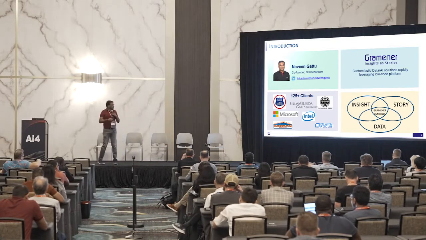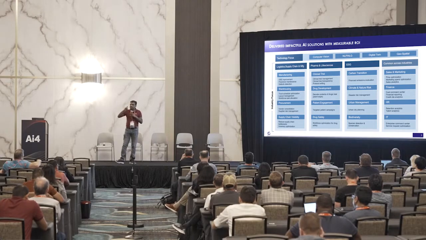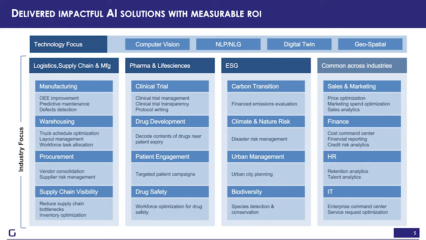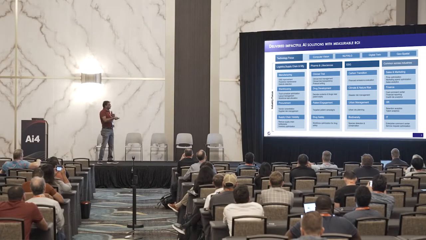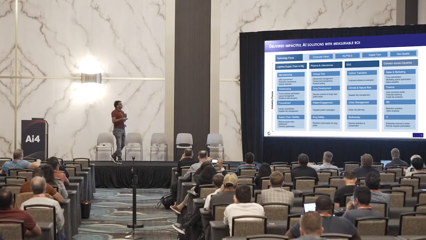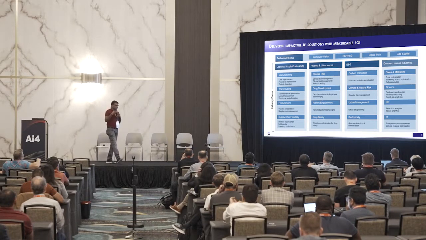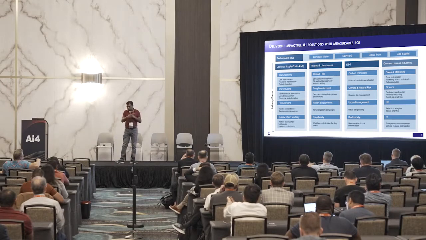That's what we focus on, working across more than 120 odd clients across varied industries. Just to give you a perspective of where we play a lot and where we are seeing the application of AI happening. In the technology areas, we focus heavily on computer vision, NLP, digital twins, and geospatial analytics. Among the chosen verticals where we have done a significant number of applications so far, use cases are in logistics, manufacturing, warehousing, supply chain, procurement, and in pharma and life sciences, heavily on drug discovery, clinical trials, and regulatory. That's the space where we've applied most of this work.